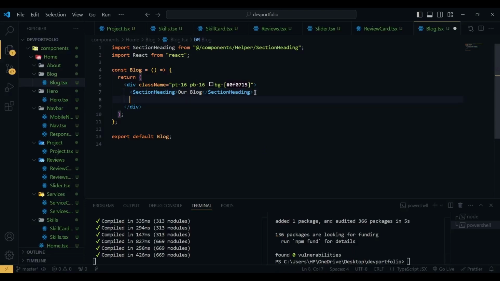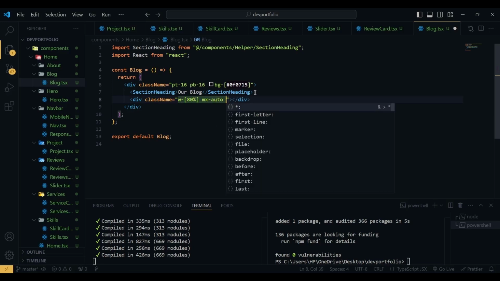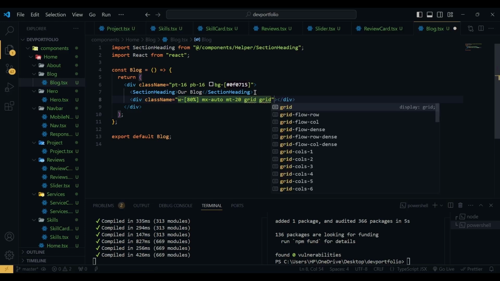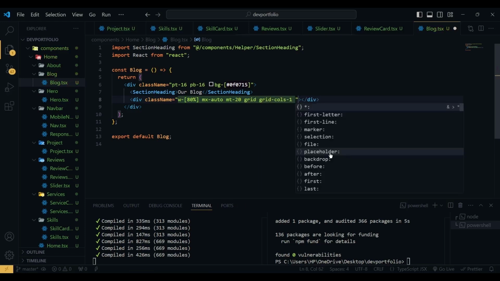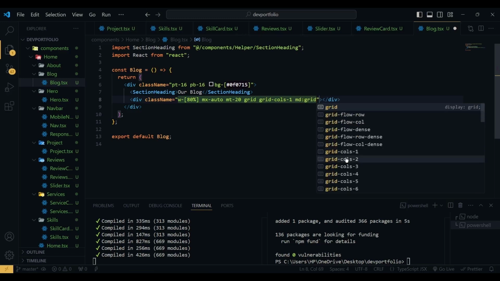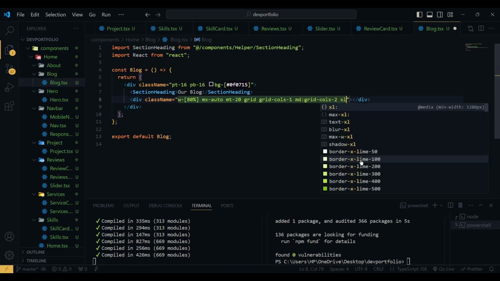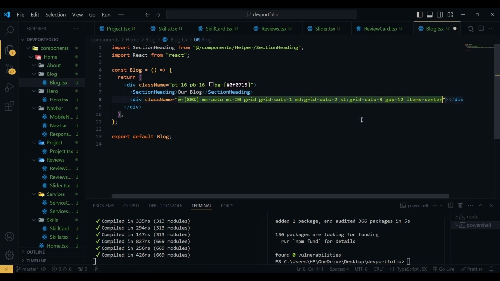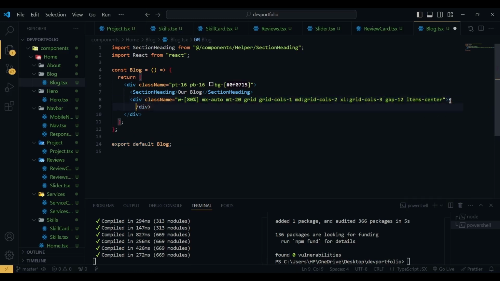So after the heading, we have another div with class name of width will be 80%, mx will be auto, then we have margin top of 20. We're going to use grid cols will be 1 for small devices, and in medium screen grid cols will be 2, and in extra large grid cols will be 3, and gap will be 12, items will be center. And now if I hit save, then inside this div,